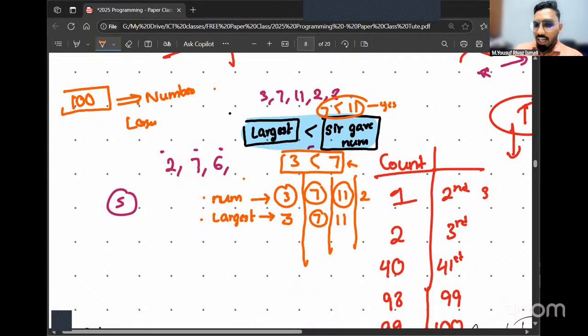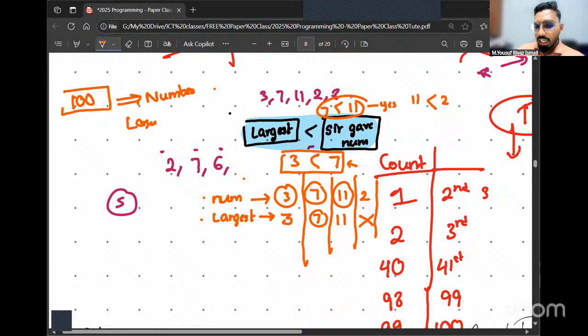When I gave the number 2, you're going to go and check, is 2 greater than 11? This condition is going to give you true or false. I mean, yes or no, basically. Yes or no, true or false. Anything is fine. Exactly. That's going to give you no or false. So if it's giving you no or false, are you going to update the value of this largest number? No. Still the largest number is 11.